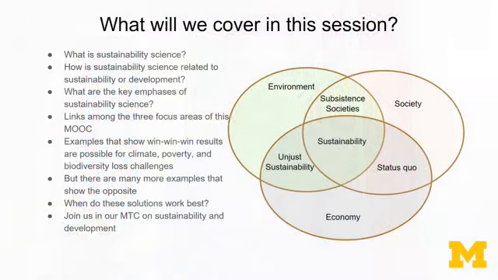We will do that by focusing on what is called sustainability science, a new field of scholarship and analysis that takes both sustainability and development seriously and considers how to address the different problems associated with sustainability and development. What is sustainability science? Before we answer that question, it is useful to think about what is sustainability.